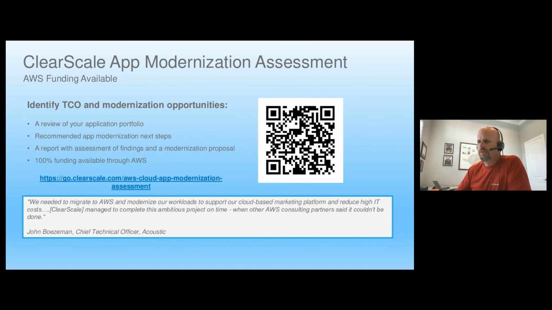What we'll do is review your application portfolio, take a look at all of your applications and make recommendations for how and what to modernize. So we'll give you that what should you do first, what's the next step. Then we'll create a report of that assessment and the findings, and also give you a proposal if you would like ClearScale to help you with that.